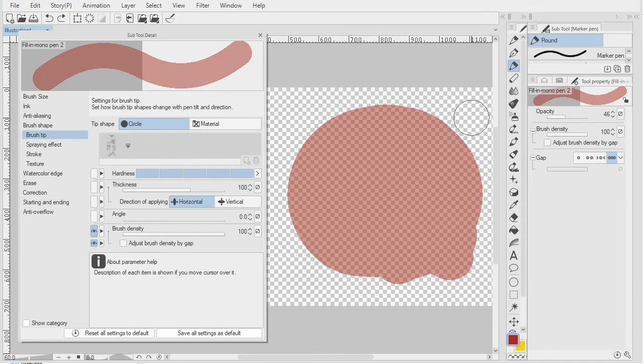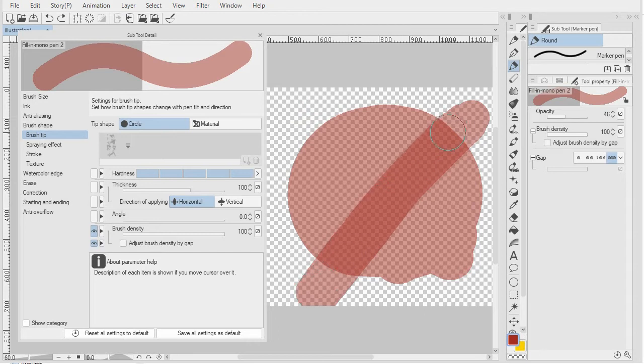Now if I lift up the pen and then press down again to create another touch, we can see that we do add more color to the drawing. I will lift up again and press down, and we see that opacity is really controlling the amount of ink laid down on a particular touch. Not a dab, not a stroke, but the entire touch. And furthermore, opacity is the maximum amount of ink laid down in a touch. That's important to understand because you actually may want to combine opacity, limited opacity, and brush density to build up